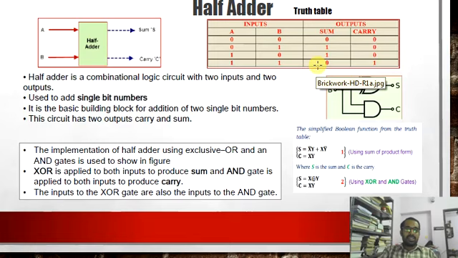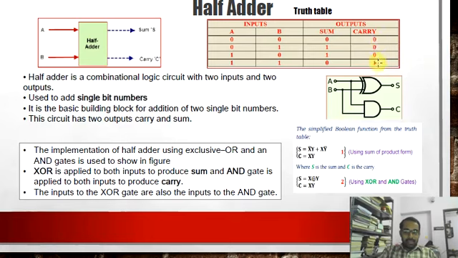So the sum in the case of the adder circuit, the half adder circuit, corresponds to the XOR operation between the inputs. So we can represent the summation as A XOR B. There is a mistake here because I represented X and Y, but in these inputs we used A and B, and logically it should have been A XOR B. So sum is A XOR B.